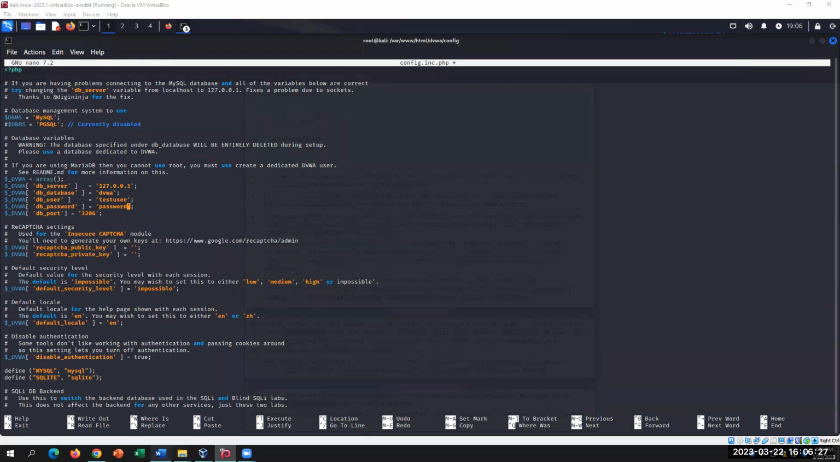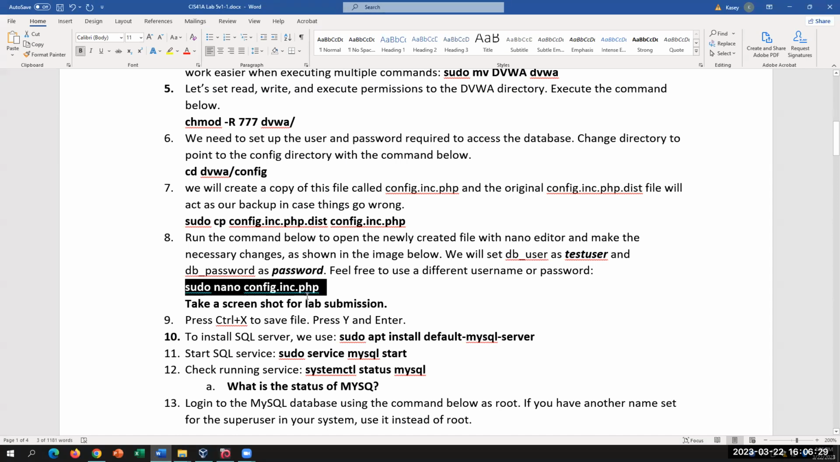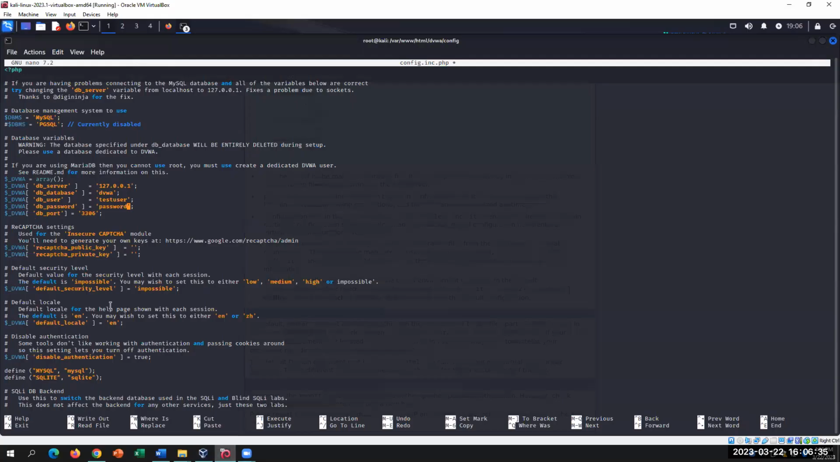So what we did was we did this step right here. After you run this command, it's gonna take you to this file. And then you just use your arrow key to go down to this line, modify the user account, and then the password. So think of this as like settings for the server. And since we're going to use MySQL,